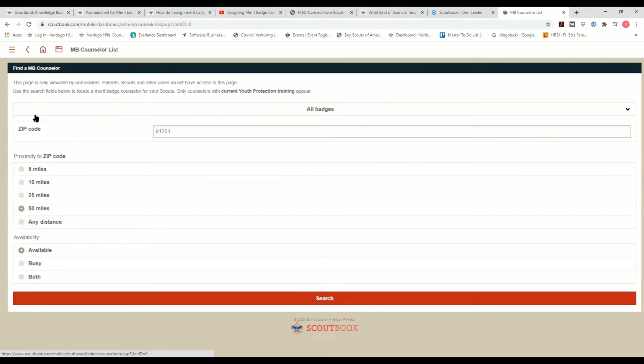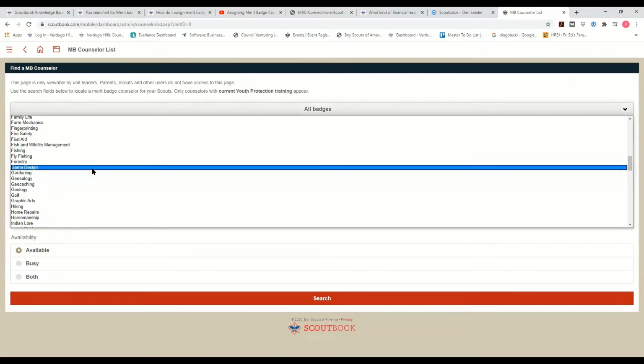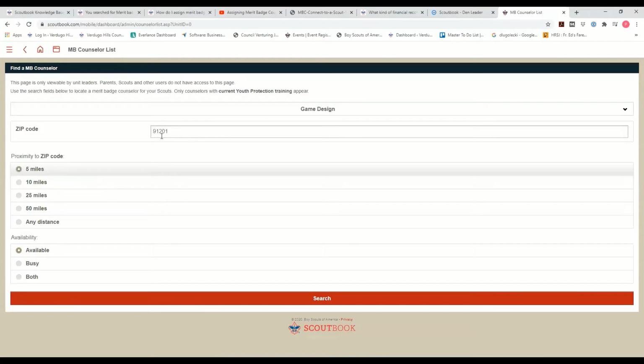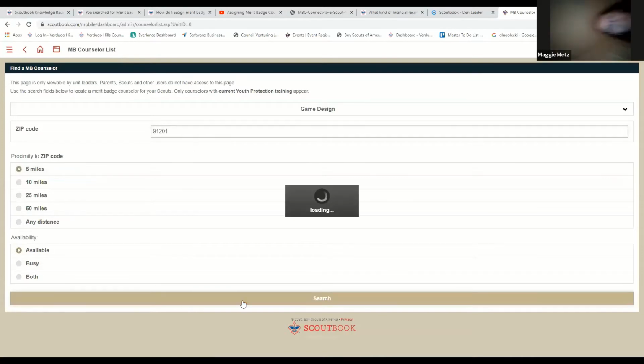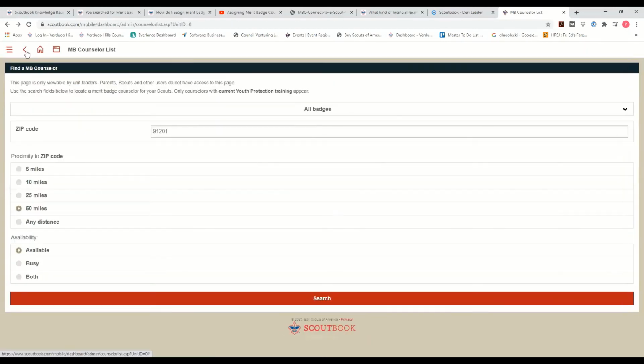And what this is, it's a search engine. You can look for a specific merit badge. You can type in a zip code and look for nearby merit badge counselors. This is a tool designed for Scoutmasters and advancement chairs to find the people that they need to connect to